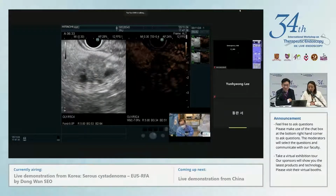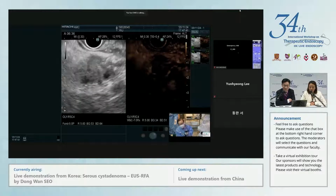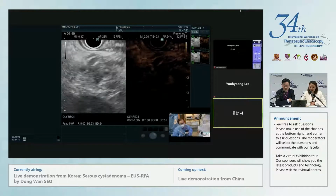So usually how far apart are the two RFA sessions? So for example, after this session, how... Generally 3-4 days. 3 or 4 days after the first ablation,